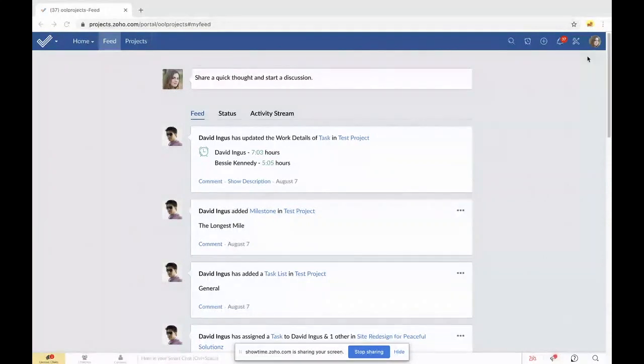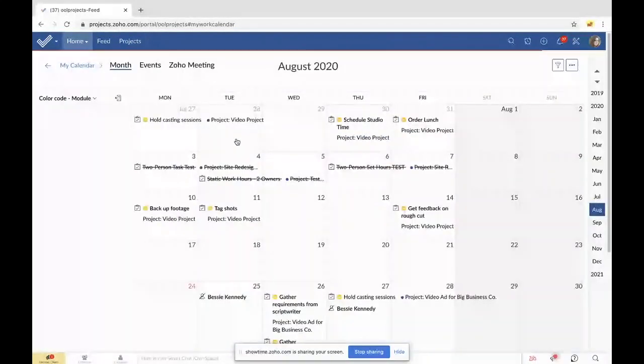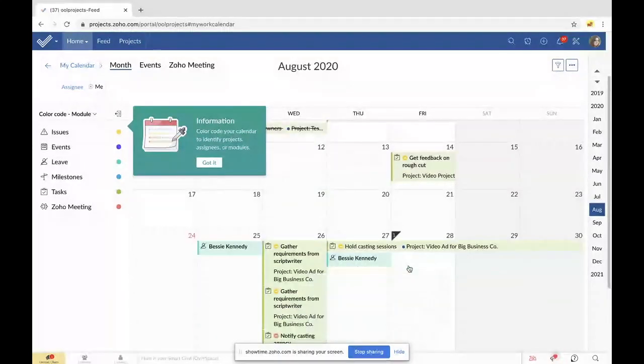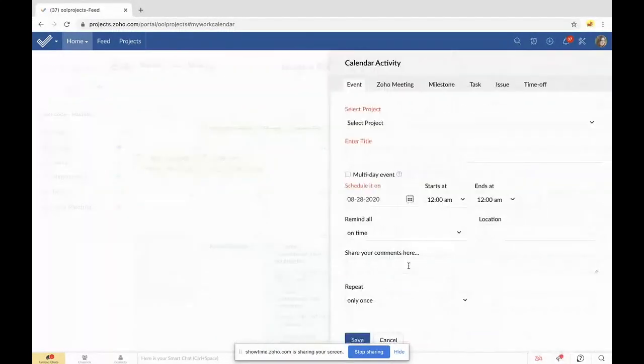Her name is Bessie. So if an employee like Bessie is used to doing everything from within Projects, they can also request their time off there. And that leave request will also automatically be reflected in their Zoho People profile. So let's view her calendar. And she already has a few days off scheduled, as we can see, but we're going to keep that week clear for Bessie